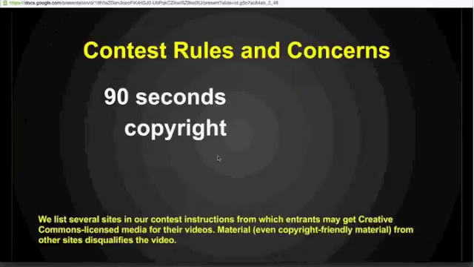So the Creative Commons stuff we were talking about before, this covers things like footage and images and music and sound effects, right? And so all of this is stuff for which we've identified certain sites that you're free to use. I also encourage everybody to get to know Creative Commons Search, which you can find at search.creativecommons.org. And use it to find out how you can get to all kinds of good material that is legally available for you to use and material that you put online where anybody can see it.